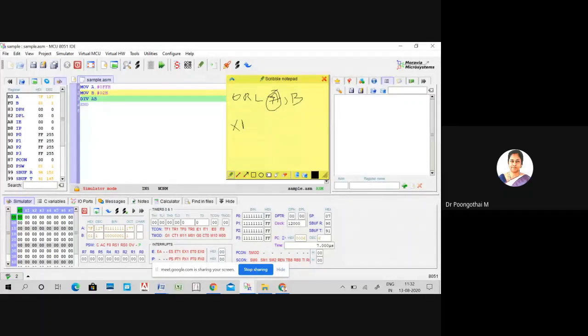And next XRL A comma B, this will perform the XOR operation. AND operation, ANL A comma. And for the NOT operation, complement accumulator. This instruction only works with the accumulator alone.